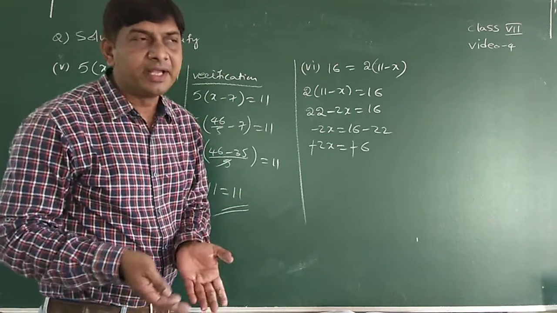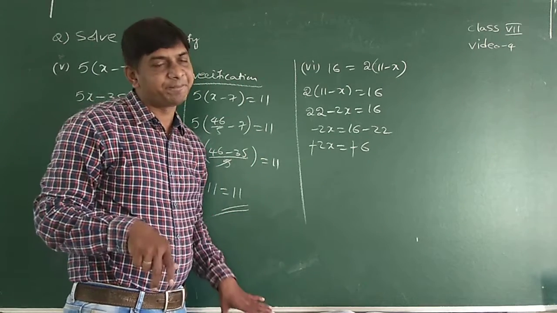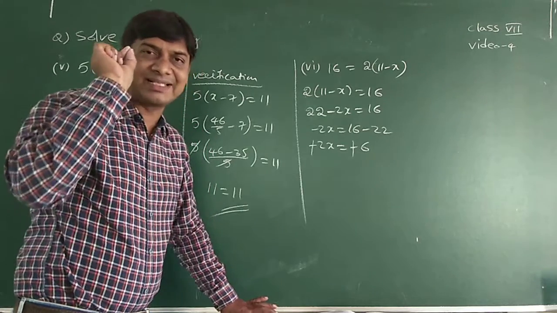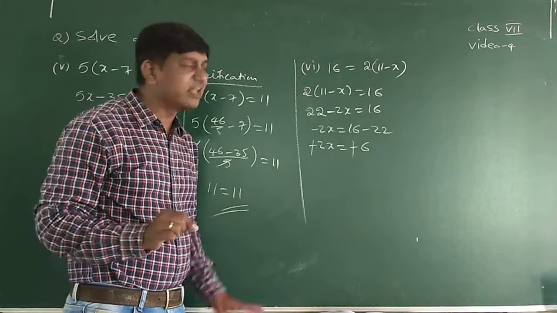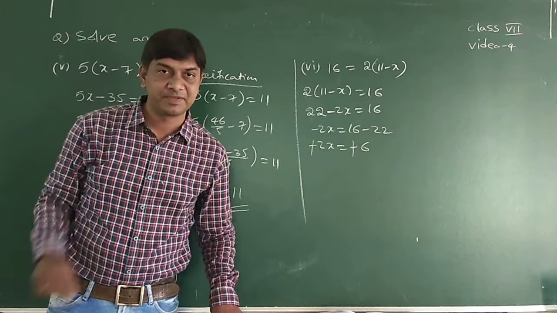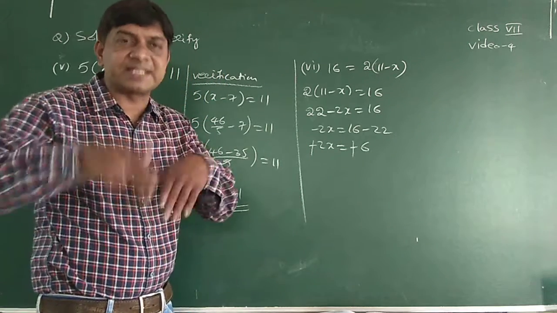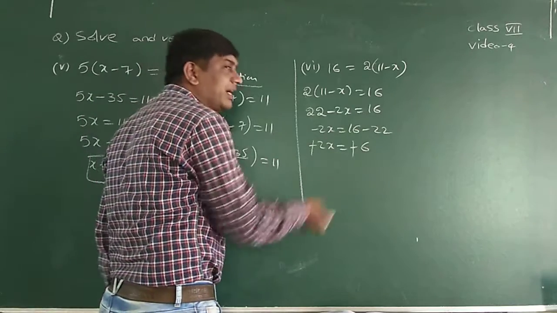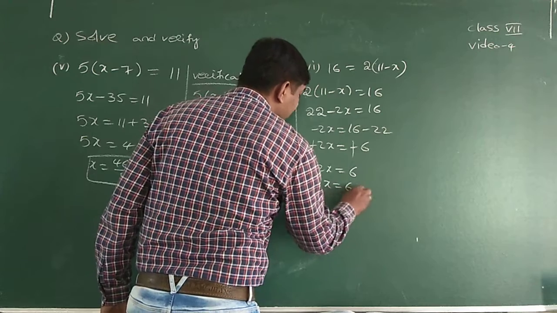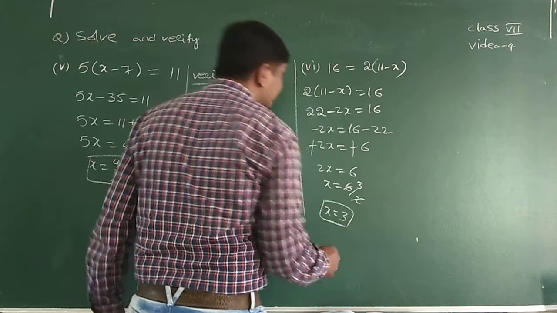So instead of doing all these things, since both sides have minus, you can cancel it. Okay, that is only for convenience that we are writing. Actually that is not the exact process. What is the process? We need to multiply minus 1 on both sides. Since for convenience and faster calculation, I eliminated the minus minus. That's it. Now 2x is equal to 6. X is equal to 6 by 2. 2 ones are 2, 2 threes are 6. X is equal to 3.